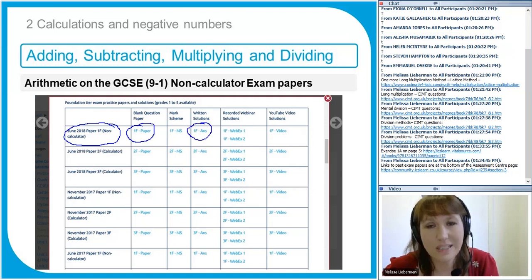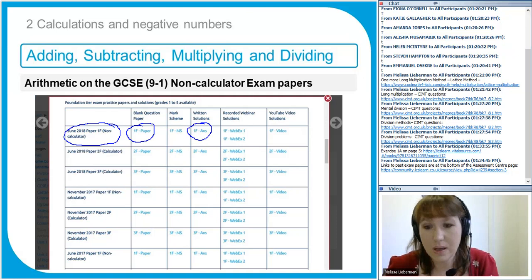You can also look at video solutions, but don't worry about them for now. It's worth just having a look through, because that will give you a good idea of what you're working towards, what it is that you need to be able to do by the end of the course. If you look at the higher tier ones, it's actually a lot less arithmetic. It's more algebra and geometry in there, so there really won't be a lot of difficult sums, as it were,